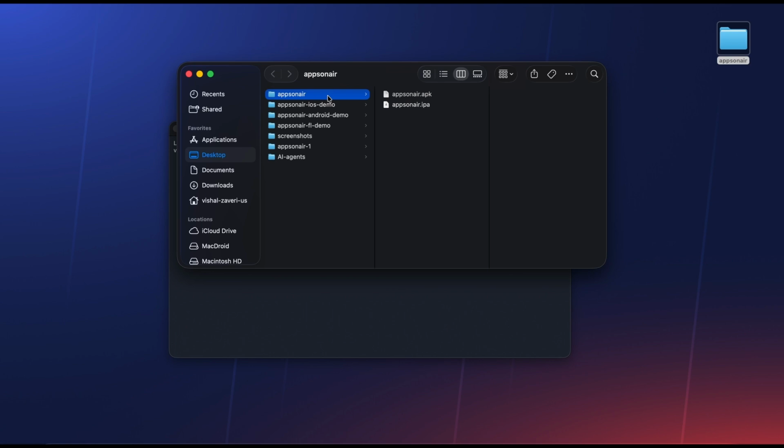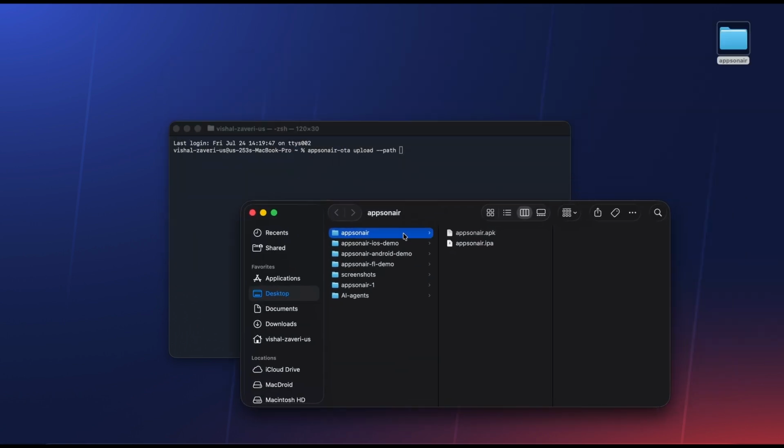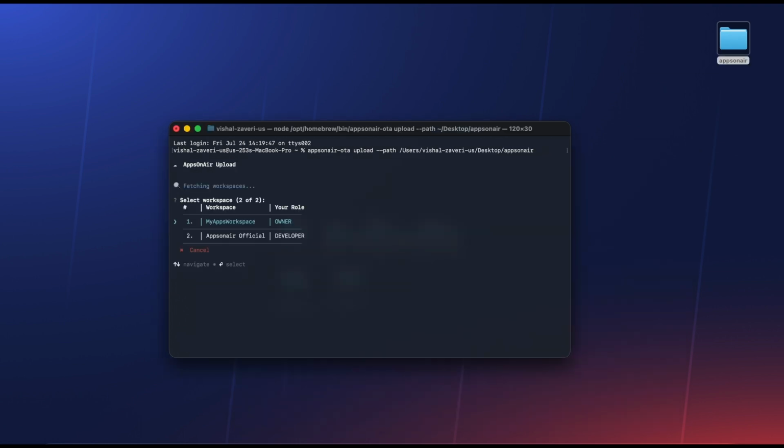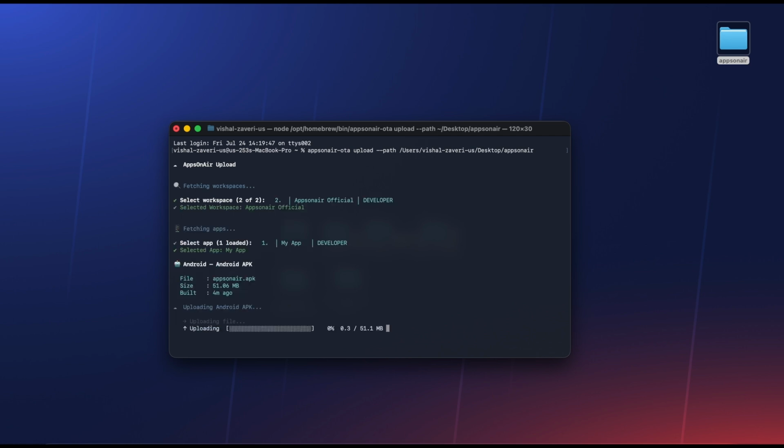I've got my APK and IPA files sitting in a folder on my desktop. You can see both files here. Let's upload them directly. Since there's no config file, the CLI will ask you to pick your workspace and app, just like when you ran init OTA. Once you select those, it detects both the APK and IPA automatically, shows you the file details,